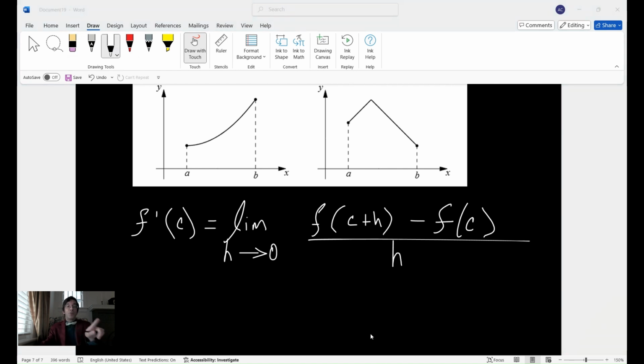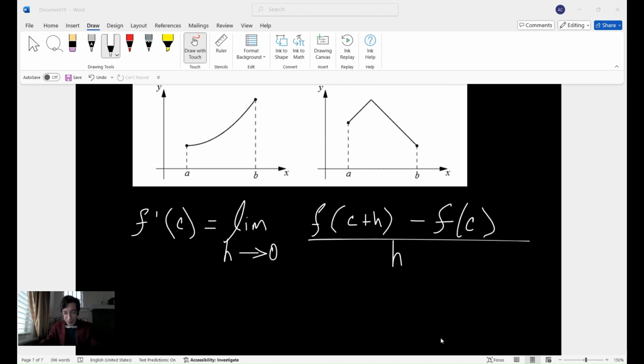All right, now we have to, of course, assume that h is small enough so that c plus h is an element of that interval. So what do you know about the numerator in this? This is a fraction. Well, since f of c is the maximum value that f attains, you know that f of c plus h has to be less than or equal to f of c.